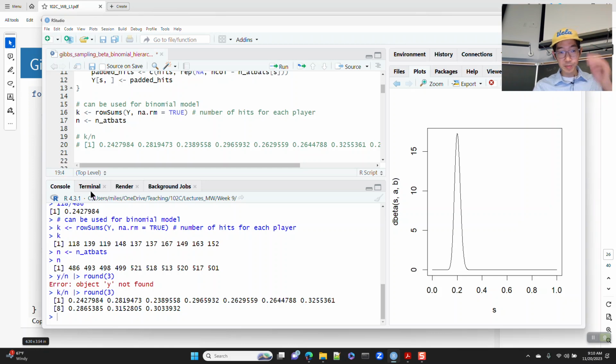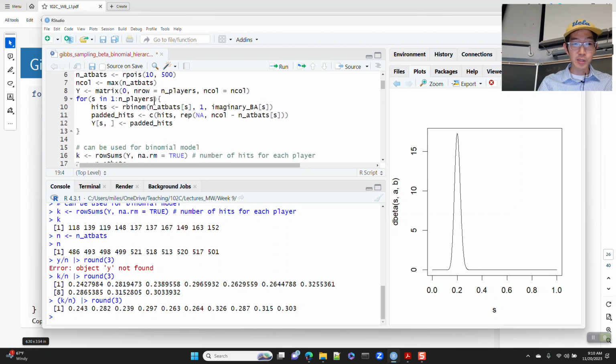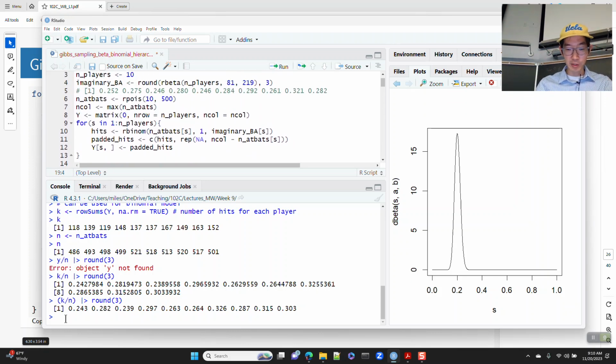Okay, 0.242. Oh, that didn't round off. Let me see. Okay, so this is our current estimated batting averages versus what their imaginary batting averages are,